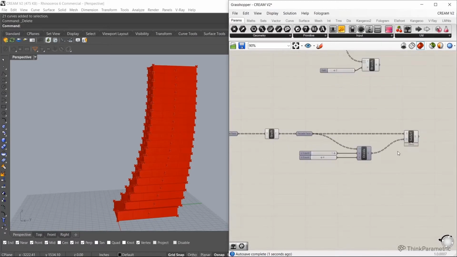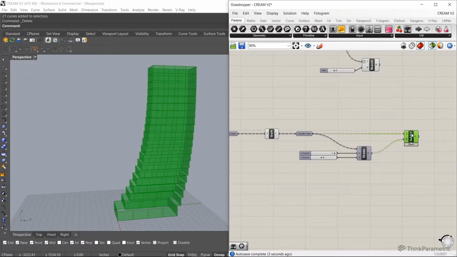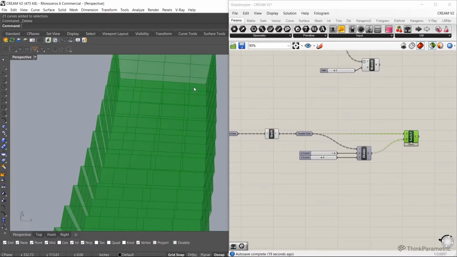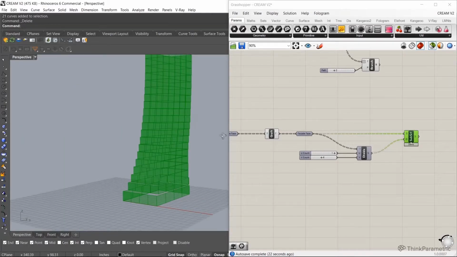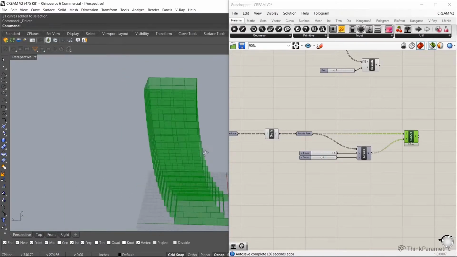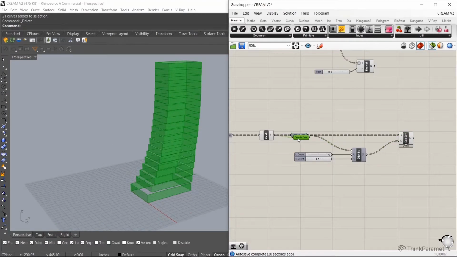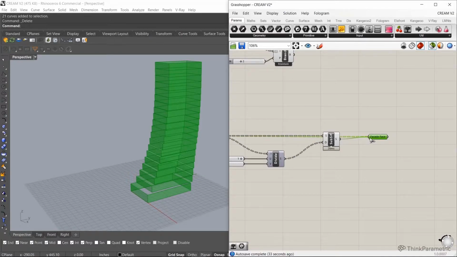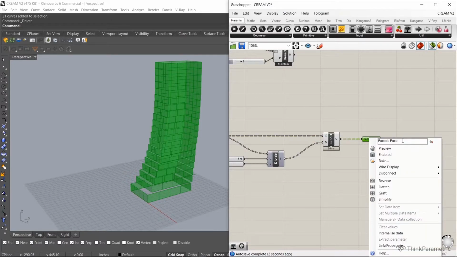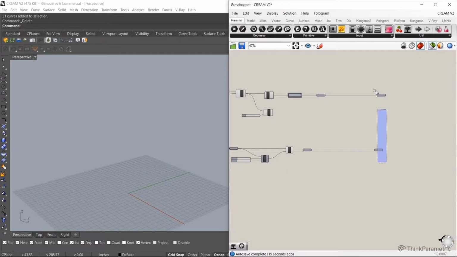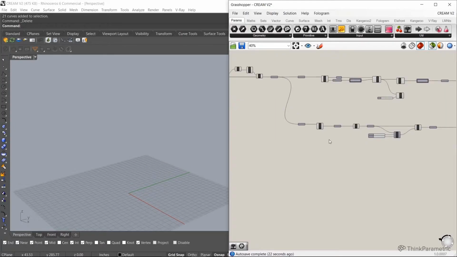So let's have a look at what we're left with. So very simple, and I think this was an option in this project at some point. And you can see why, like I said, it accentuates the movement at the top. You can see the joints start to line up. In terms of the script, it's very simple, but it's got quite a nice look to it. So we're going to work with that as one of our options. So we will call this fixed facade. Why is it fixed? Because it's simply a fixed number. Every face is divided by a fixed number, which in this case is 4.